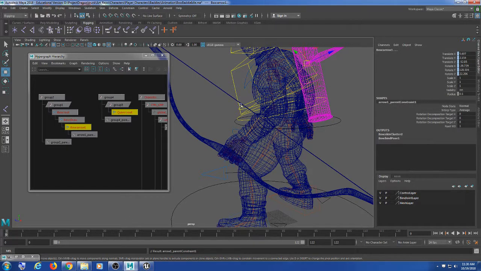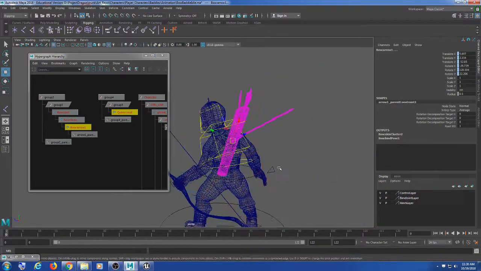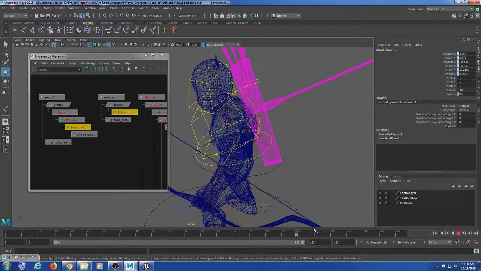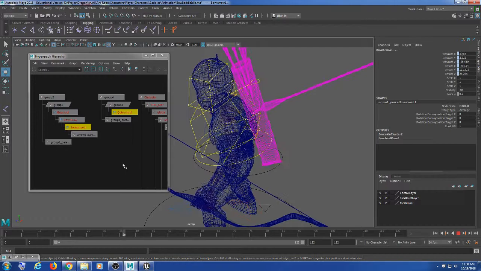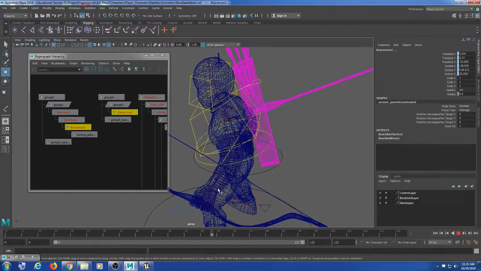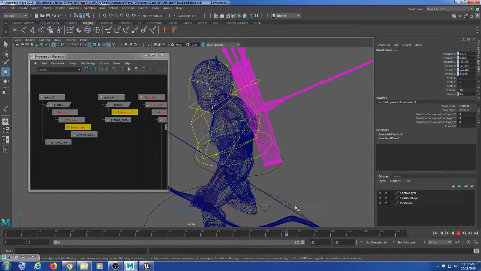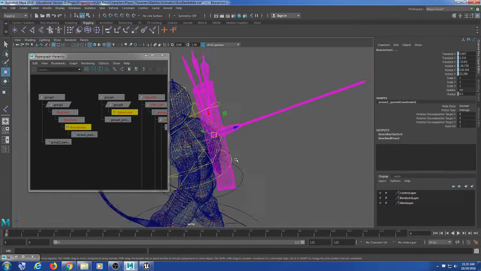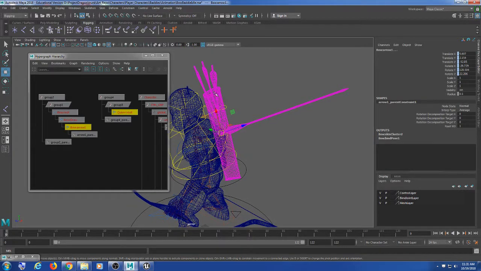And you'll see when you do that, the arrow is going to pop into the quiver, but it's going to be off to the side like this. And if you scroll the animation, it'll be attached, but just off to the side. So what we need to do is adjust that arrow so that it's placed in the quiver. The problem is we can't,